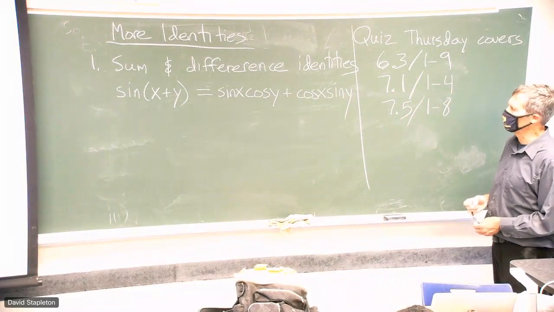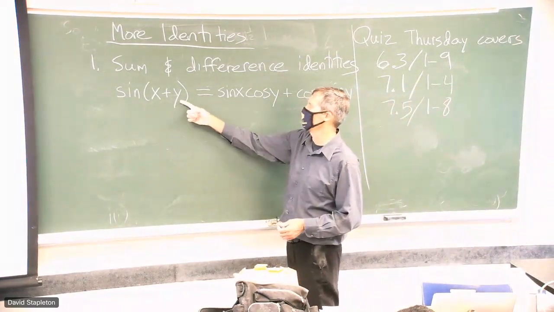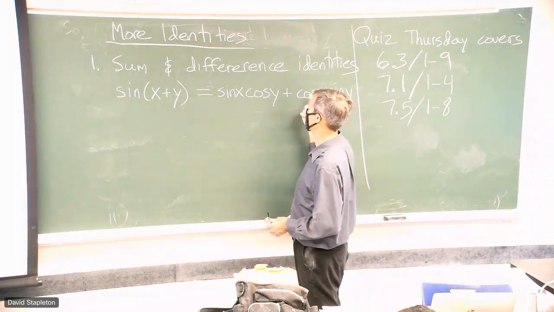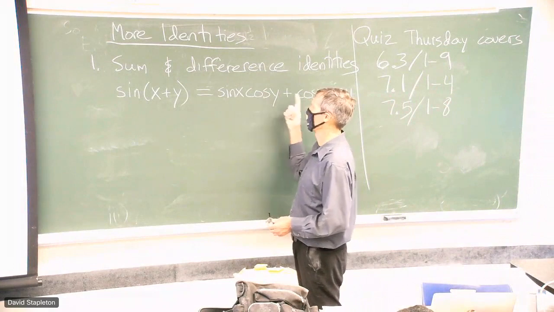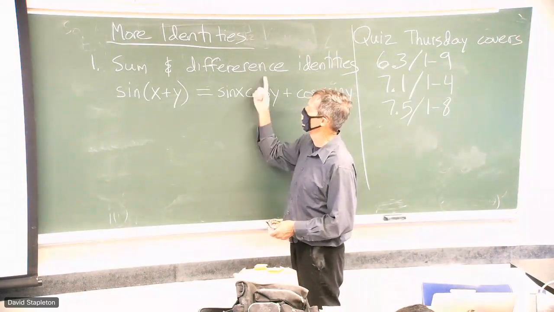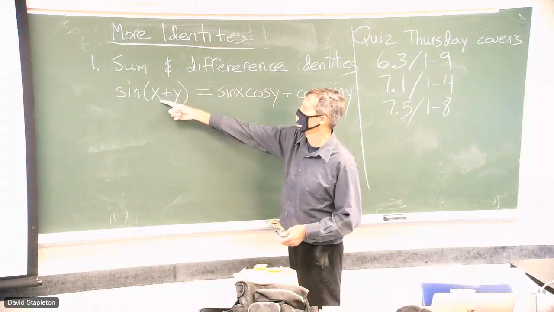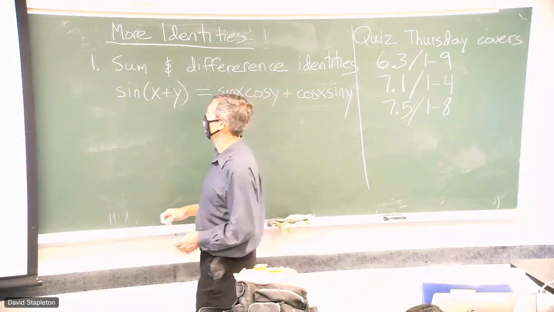This gets to be a lot of stuff to remember. So here's how people remember it. The sine of x plus y is sine cosine plus cosine sine. You just say that and put the x and y in the same order. Sine cosine plus cosine sine is the sum rule. All right, so it's called a sum formula, sum identity, because it's for the sine of a sum. Now, having said that,